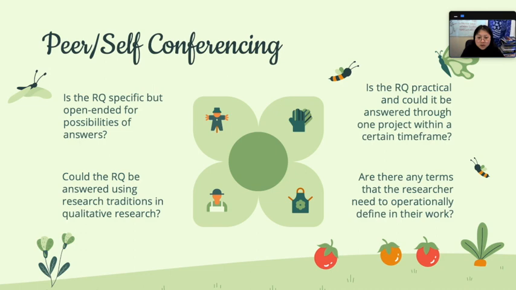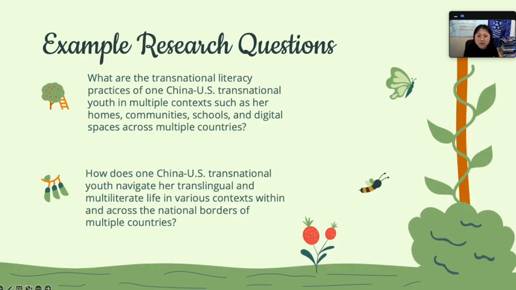When you're looking at your research question, really think, okay, do I need to define this for my readers so I'm crystal clear and they know what I'm talking about? And if your answer is yes, then definitely operationally define the words that you're using. For example, in my research question, specific terms that I need to define in my theoretical frameworks or methodology sections